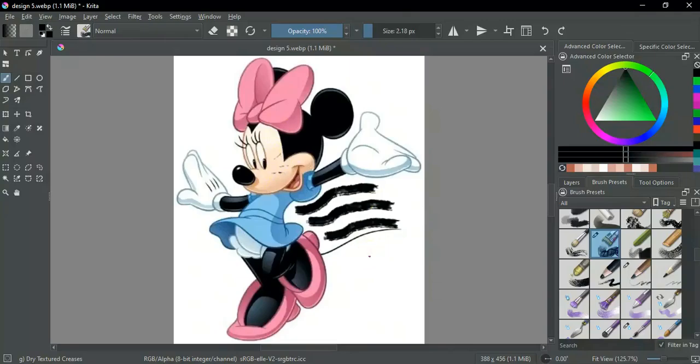Once you're happy with your settings, you can start painting on your canvas. If you want to quickly switch brushes while painting, press the B key to bring up the brush presets and pick another one. This is especially useful when you're working on detailed projects and need to switch between different textures and styles. Remember, practice makes perfect, so feel free to experiment with different brushes and settings to discover what works